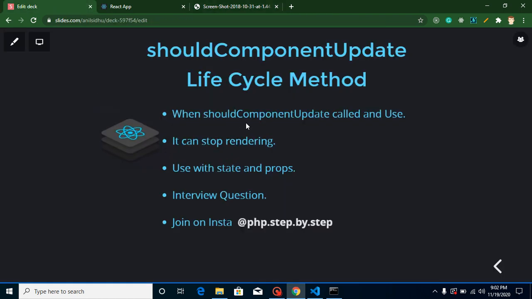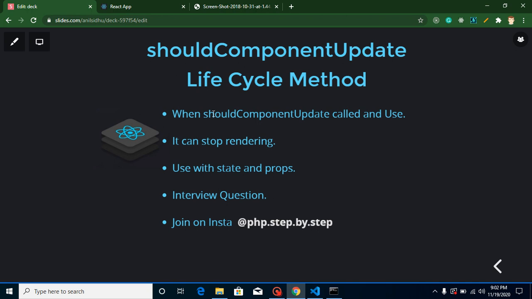So what is the use of it? Let's say sometimes you just don't want to update your component on a specific state. For example, you have a state with the name of counter, and whenever your counter state is equal to 5, you don't want to update your component.